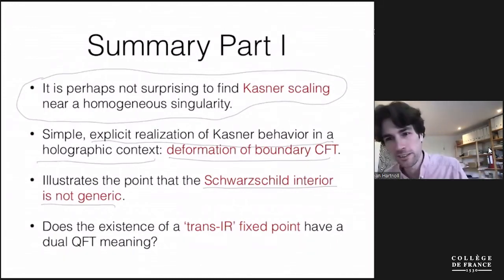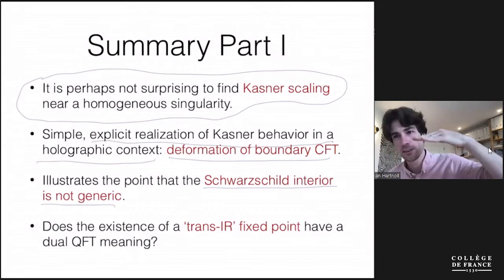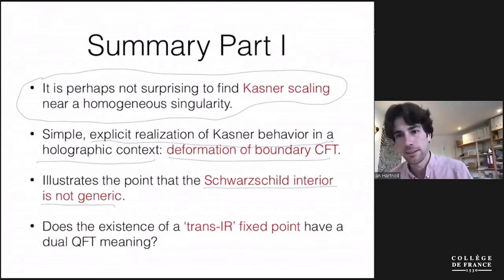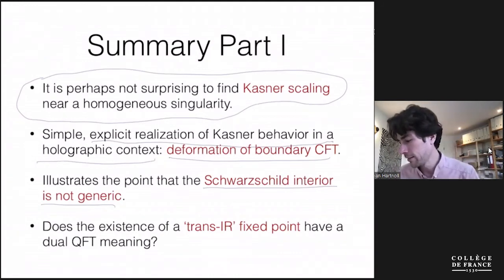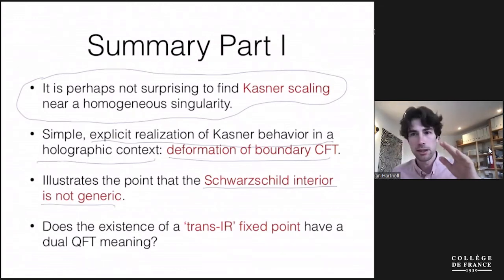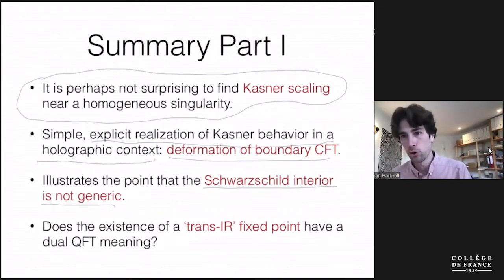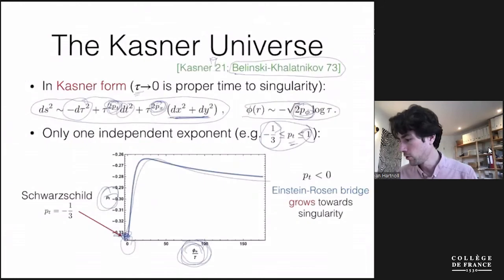I don't know the answer to this question, but it's suggestive to ask what the meaning of this scale invariance at the singularity is for the field theory. Now, I think you probably have heard about bounces and chaos and so on. So within this setup, there are no bounces. It's just a simple evolution. And I think that's because